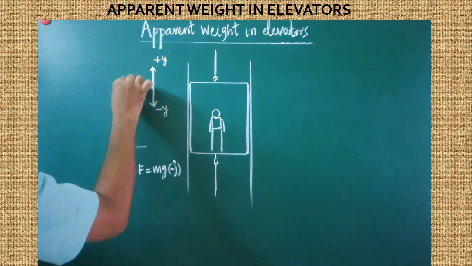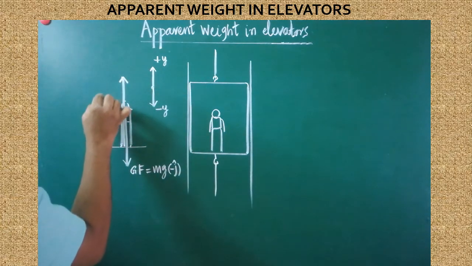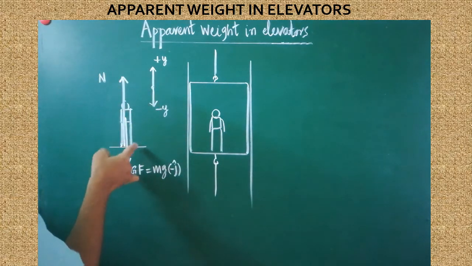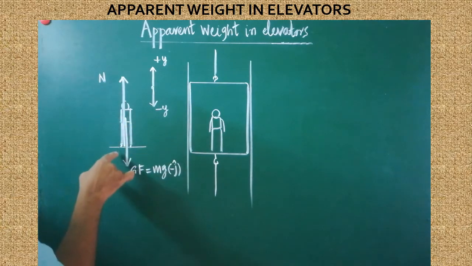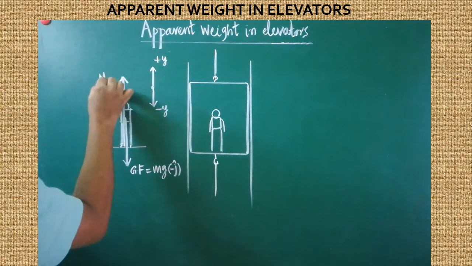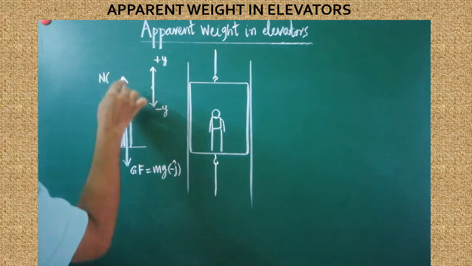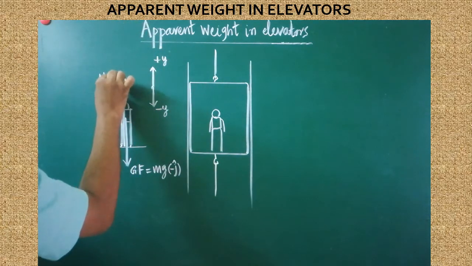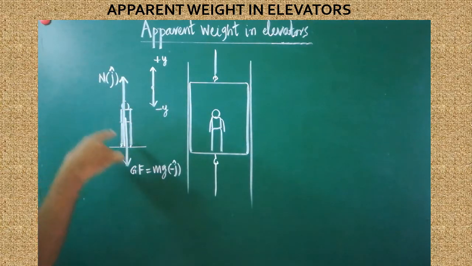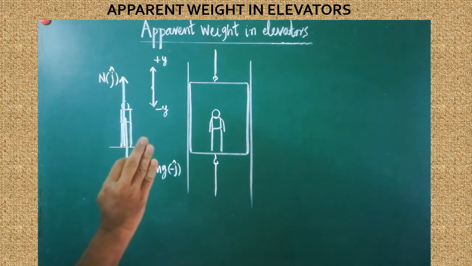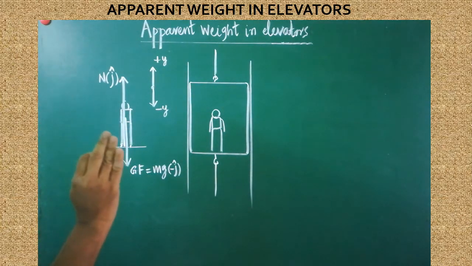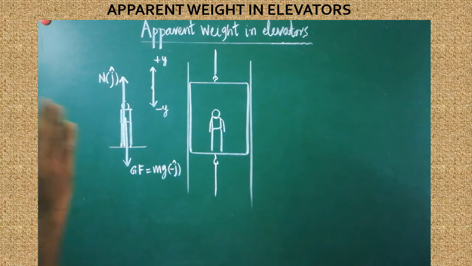Here, when the person is in contact with the floor, one more upward force, a contact force, is acting in the upward direction. That normal force, the upward normal force, is acting on the person. That normal force is exerted by the floor on the person. That is acting in the upward direction, the positive y direction. Therefore, it should be taken as plus j cap. So, how many forces are acting? Two forces are acting on the person. Are you clear? First, you should know what are the forces which are acting on the person. Understood?